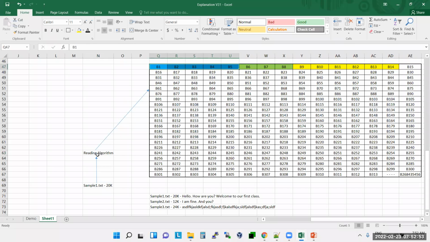Nowhere is it telling that B1 to B5 are related to sample1.txt, B6 to B8 are related to sample2.txt. Nowhere is it maintaining that information. If you don't maintain such information, tomorrow retrieving the data will be a big task. Will you agree with me?